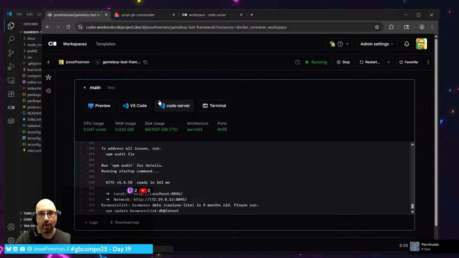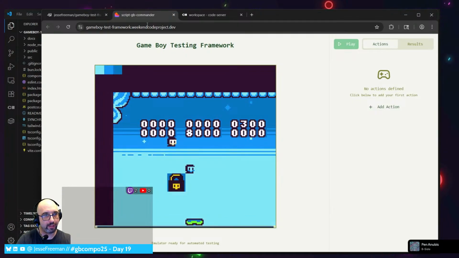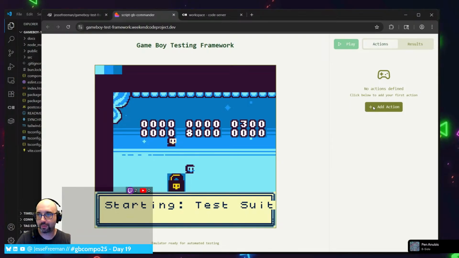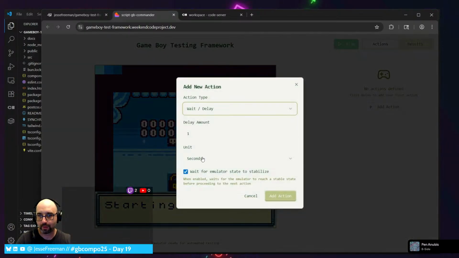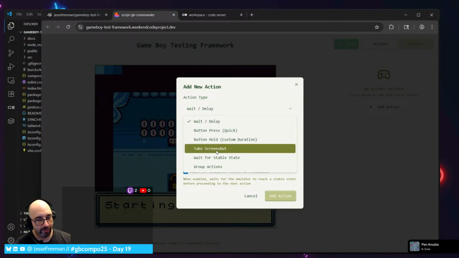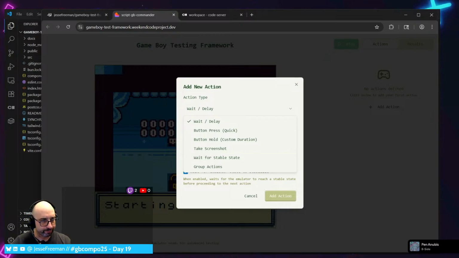So, one of the things that I built while I was in California is a new little app to test out different actions in my game, because I started realizing that as I kept working on the tile map editor, it was starting to become just impossible to reproduce all the things that needed to be